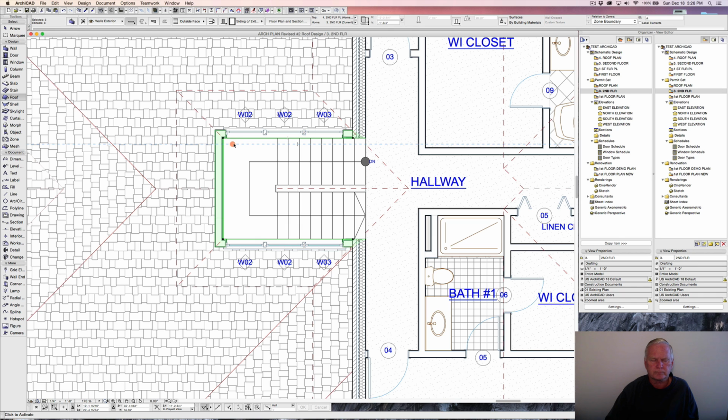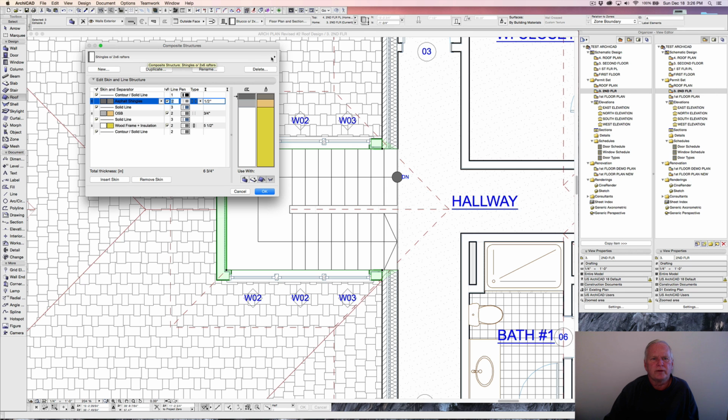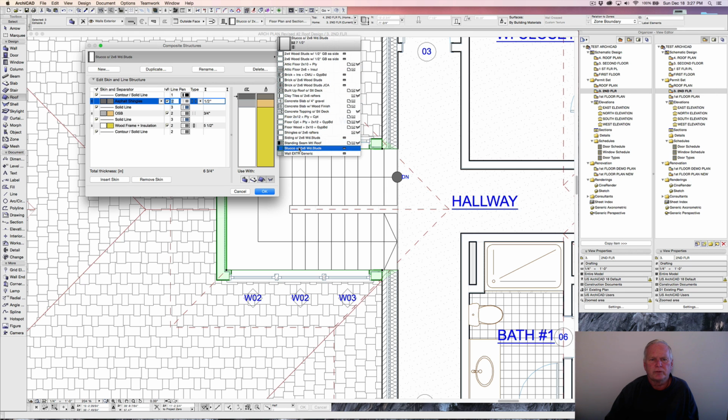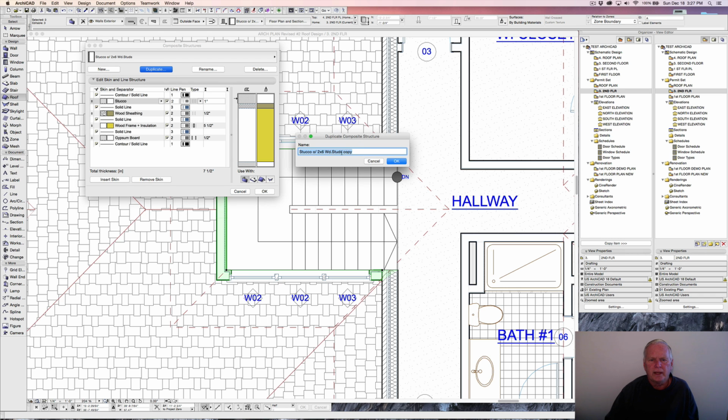going to want here. And in order to do that, we're going to go in here to look at the availability. We have a stucco with 2x6 wood studs, and we'll click on that, and that's not really probably what we want because there's probably a few settings that aren't correct. So we're going to go up to options, element attributes, composites, and we're going to select the stucco and 2x6 wood studs, and we're going to say duplicate, and we will just put in here JCA,